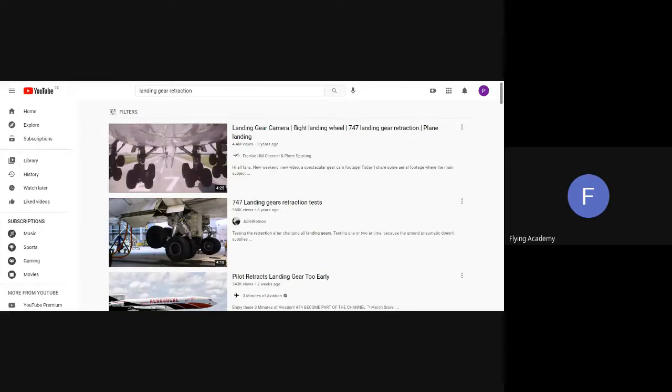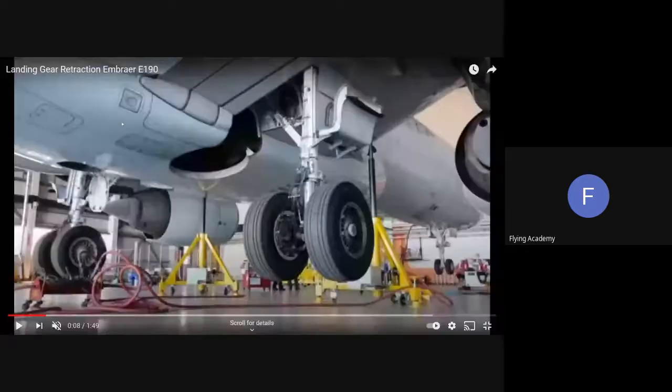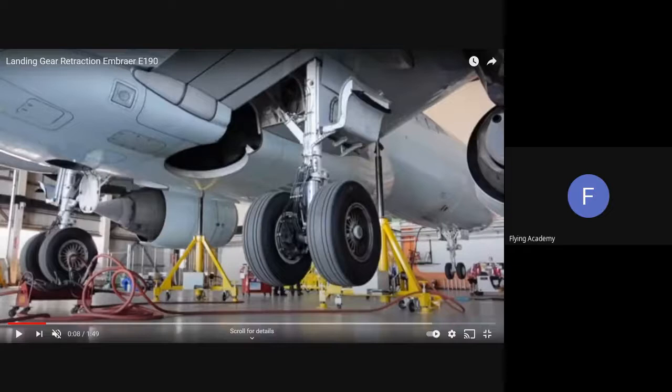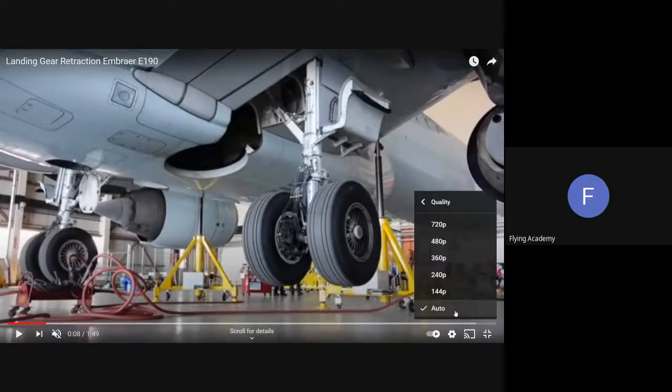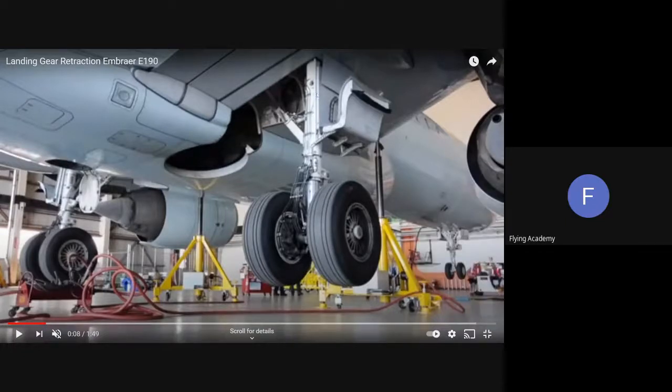So what do we have here? Here we have Embraer E190, and yeah, this is exactly what I'm talking about. This type of airplane doesn't have the backside doors, so technically the landing gears are not fully covered in case of retraction. But again, the principle of operation and the logic of the system are absolutely the same as we already described. So we have a small door here. We have a landing gear with the over-center mechanism or down lock, which is located here in that area.